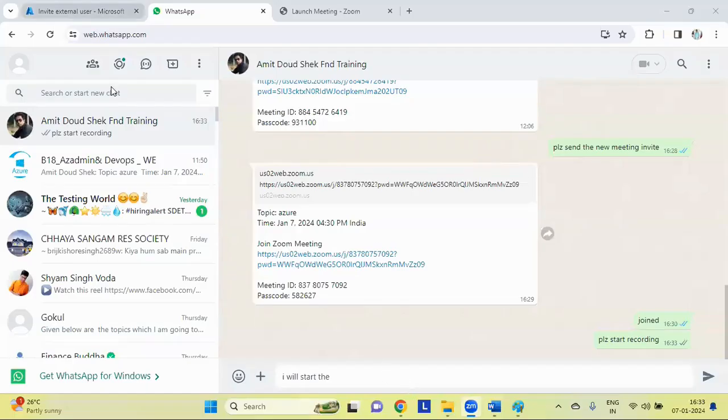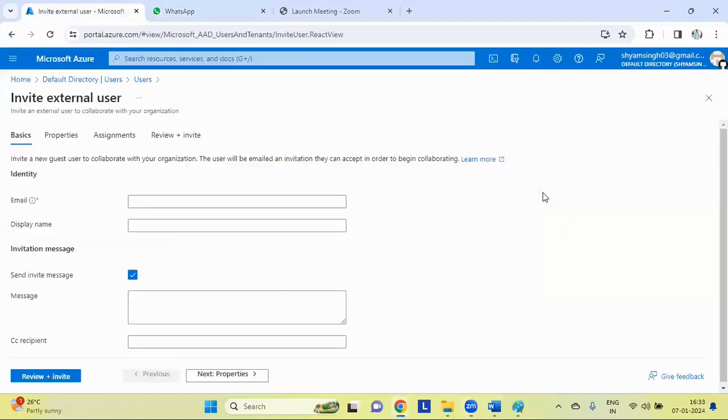So guys, let me share the screen once again, and we are talking about inviting a user. Okay guys, so how to do that? So we are in the default directory, right? So first of all, here you can see invite external user. For an external user, we have to provide the email ID, because invite means we are going to invite from the outside.